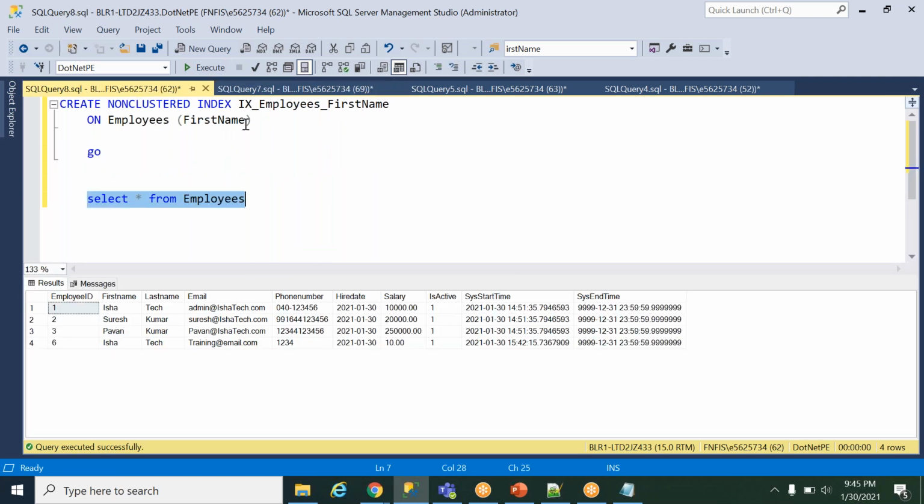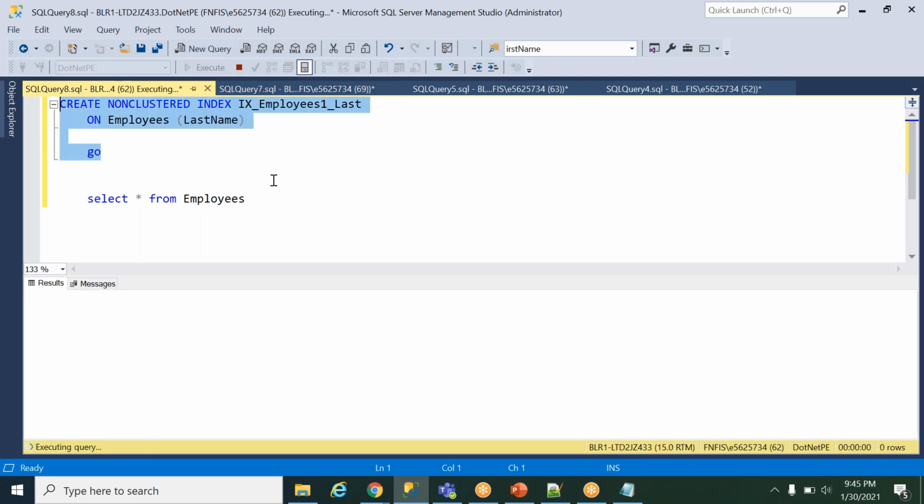Which is correct, I'll change this. First name, which is correct. I'll execute the query tomorrow and then I'll show it to you, Deepa. It is taking more time, maybe there is a problem in SQL Server or something. I'll execute it and then tell you.